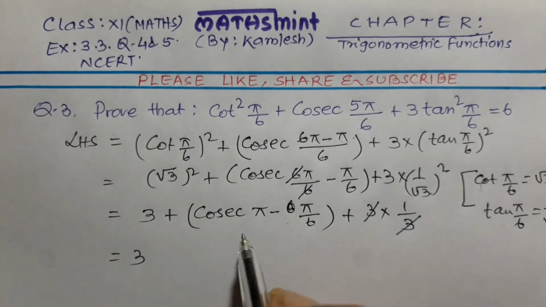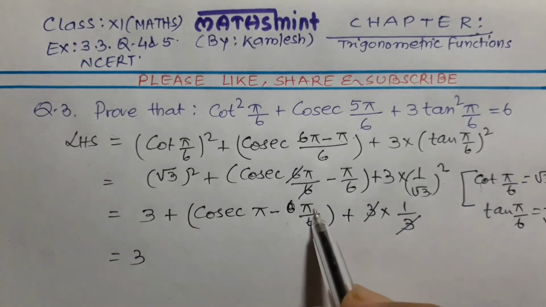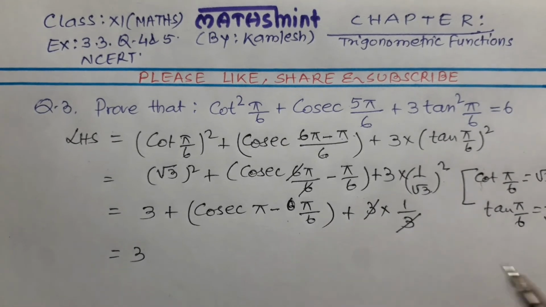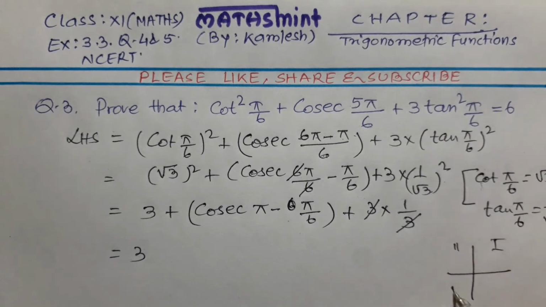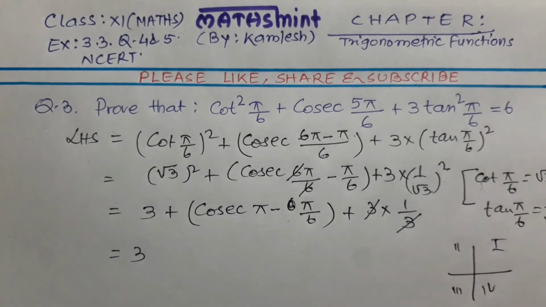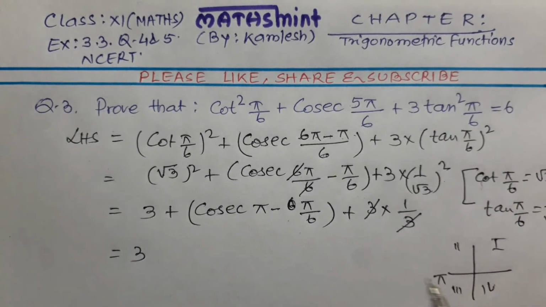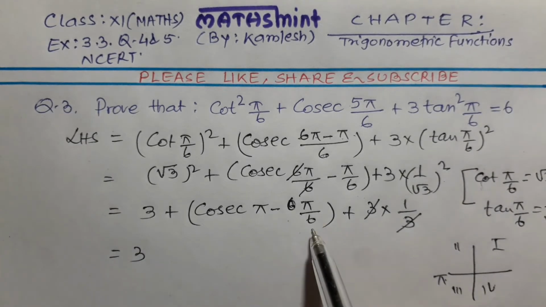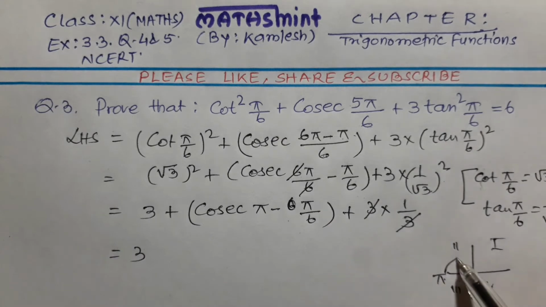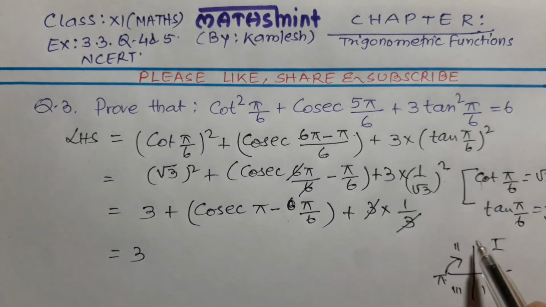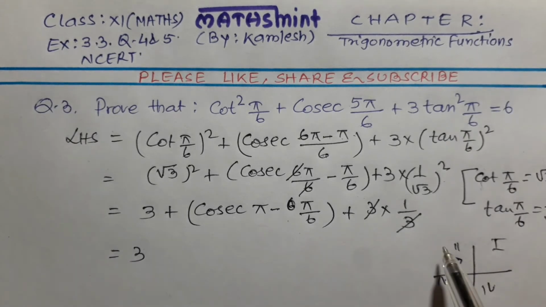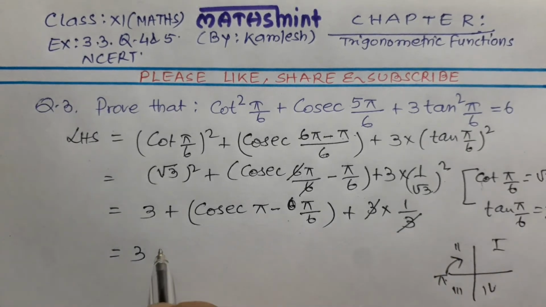Now this cosec pi minus pi by 6 will be positive or negative sign, this we have to judge. So this is a quadrant. This is first quadrant, this is second one, this is third, this is fourth. We know pi is here, so cosec pi is here, and minus pi by 6, so minus will be clockwise. So it will fall in second quadrant, and in second quadrant value of sine and cosec is positive. So we shall write here positive plus